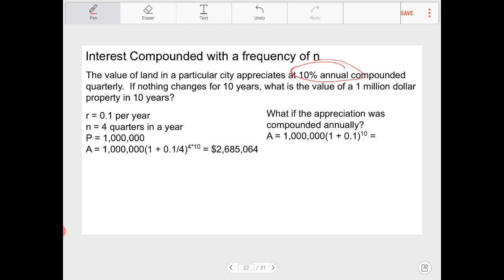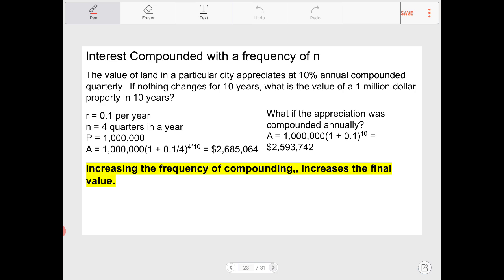So if I substitute in these values for 10 years, I end up with roughly $2.6 million. As you can see, increasing the frequency of compounding will actually cause an increase in the final value. And this is actually no surprise because